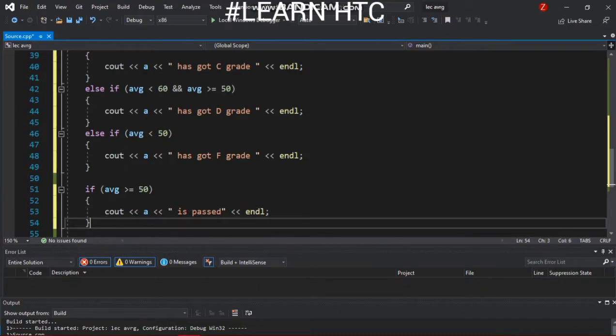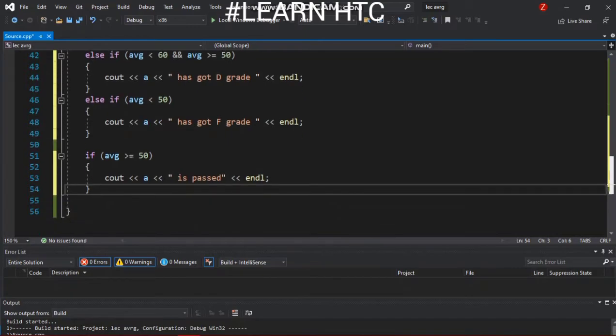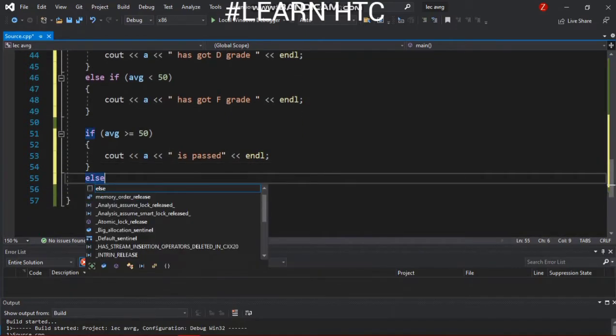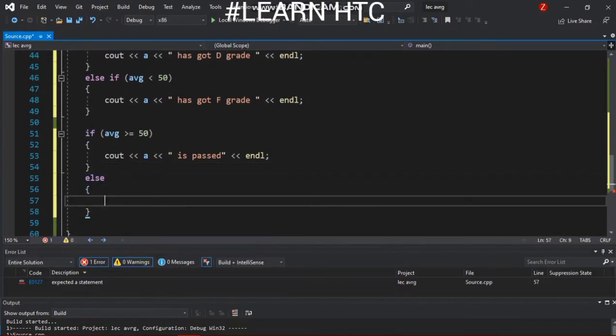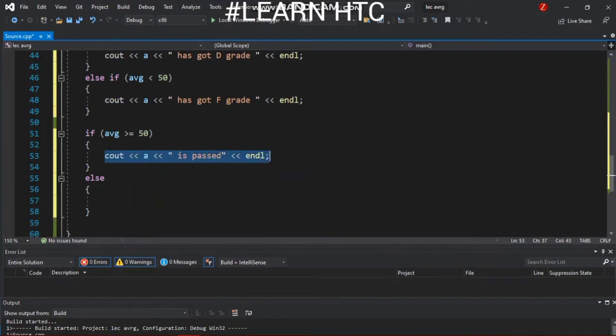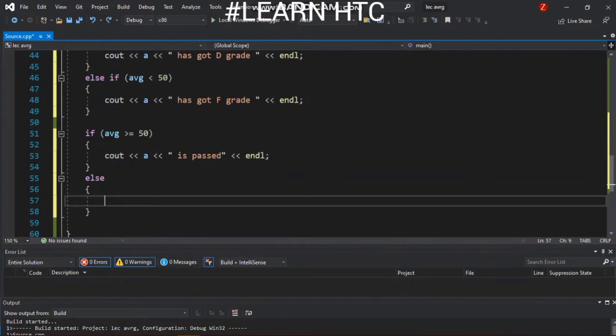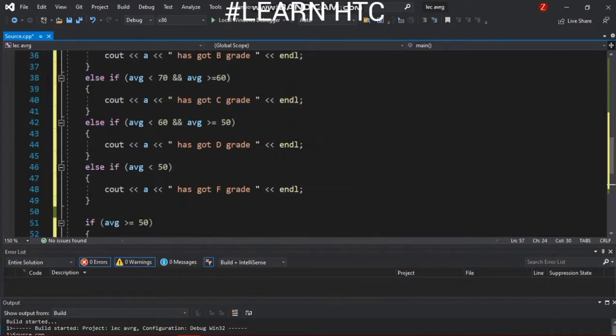Here I am not using the concept of else, simply I am using else cout, and paste here where we write is not passed if marks are less than 50. Now run the program and check.